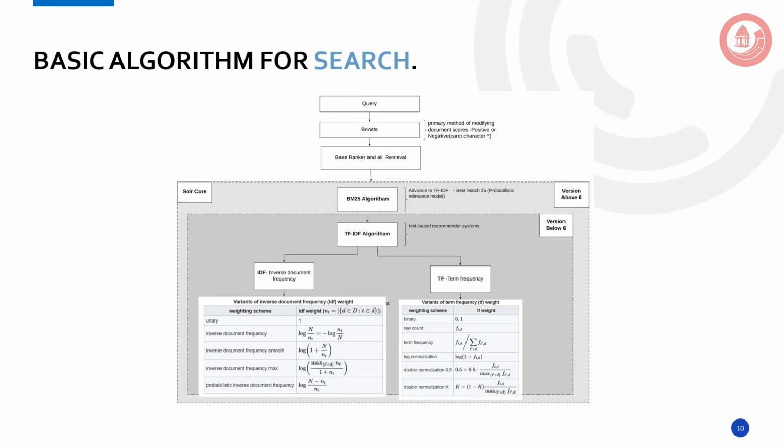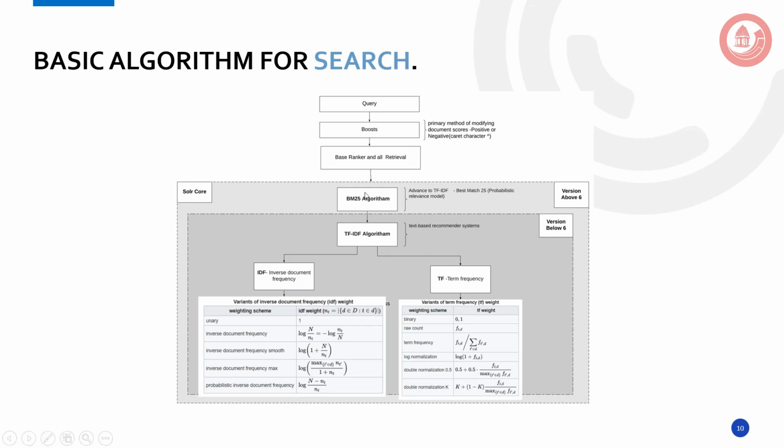Next is the basic algorithm. Again, I will take a pause. We have been using Solr for a long time with Sitecore. But do we really know that when we insert a single row in Solr and we ask Solr to give us the row, how it gives you the rows in sequence? Why is it giving you the first record on top, why the second record, and what if you want to change the sequence? There is an algorithm behind that.